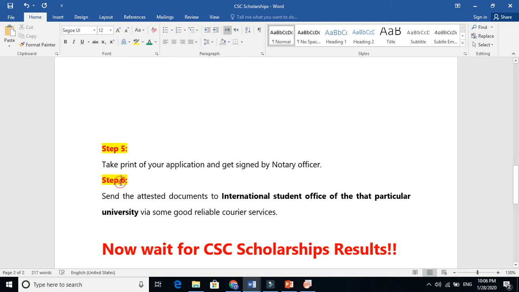And step number 6, send all those documents to the international office, the IO office. Every university has an international office, a student office. They only deal with international students. So you need to send all those attested documents to the international student office of that particular university, because you have